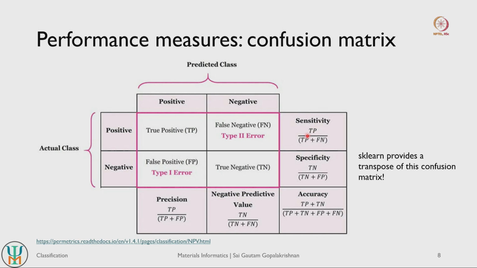So this is the total number of true positive predictions divided by the true positive and false negative predictions. So here if you have high sensitivity, then you have low amounts of false negative predictions, right. And you can also define specificity, which is somewhat related to sensitivity, right. So this is true negative divided by true negative and false positive, negative prediction value and so on, right.